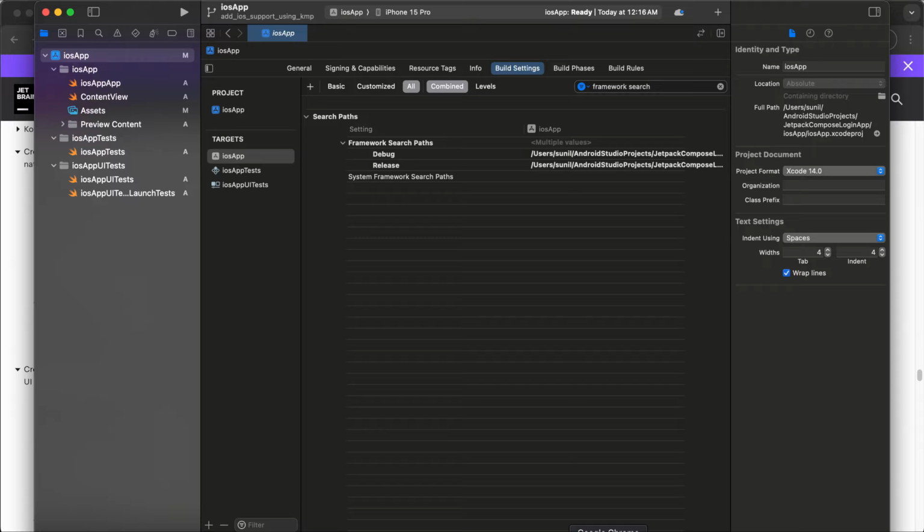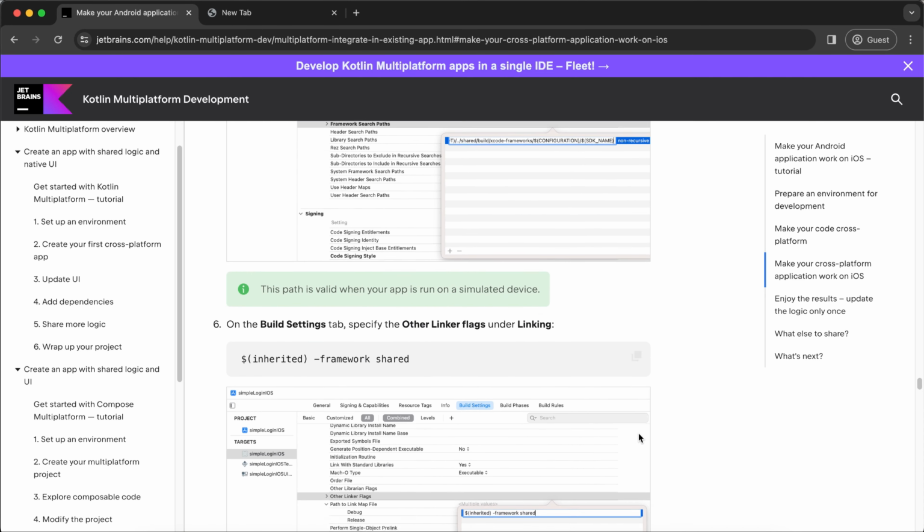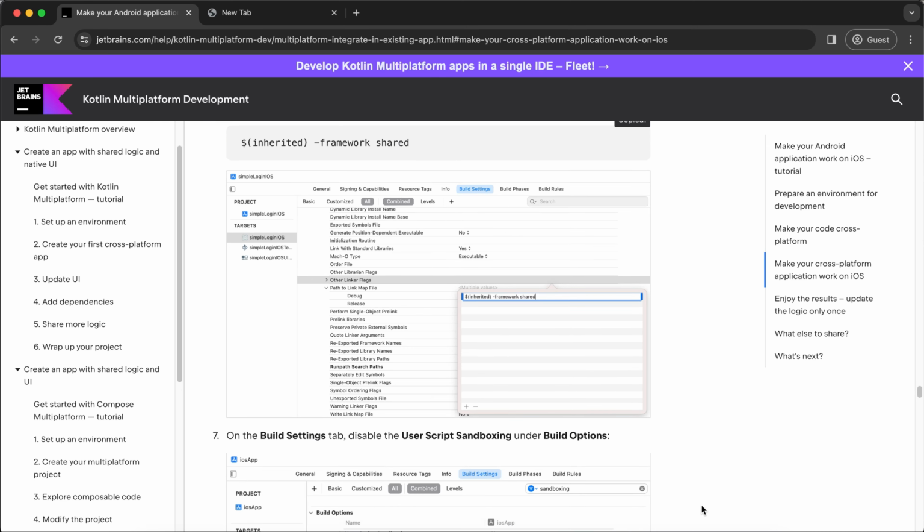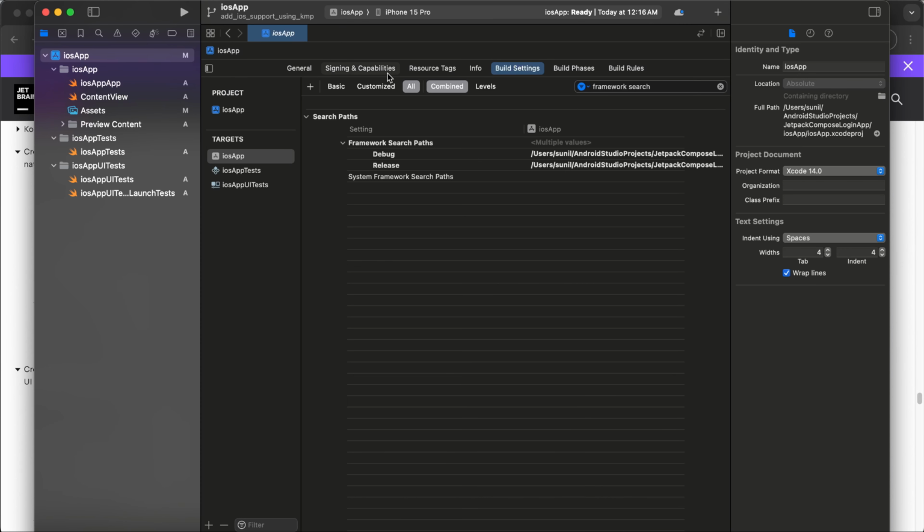It's added. And then we need to make one more change. We need to add linker flags as well, right? They will be helping linking all the source code, right? So we need to copy this and let's go here,